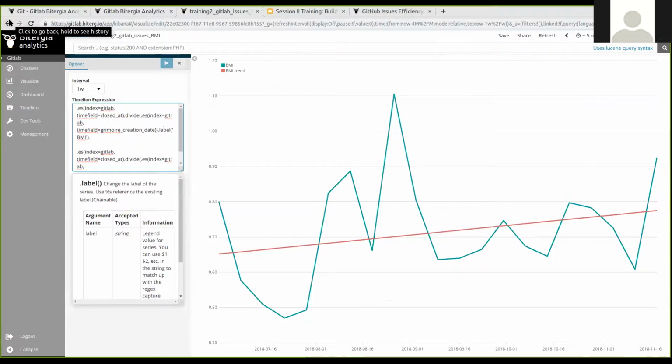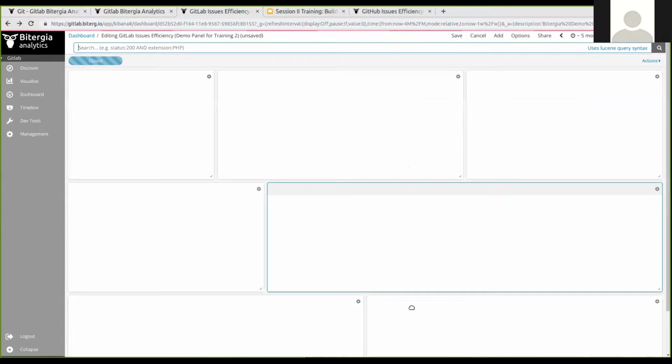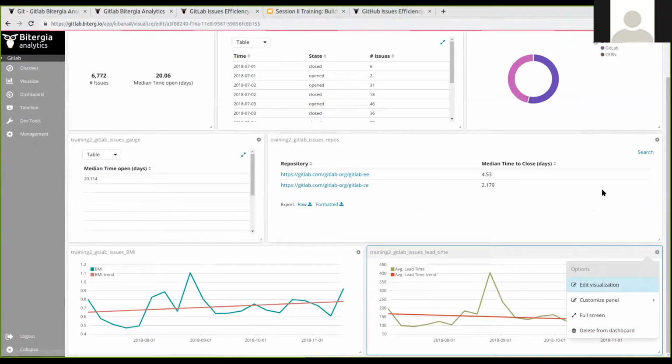And timeline is quite flexible, so you can also use bar charts instead of lines. You can change colors. You can do some complex things, but at the end of the day,